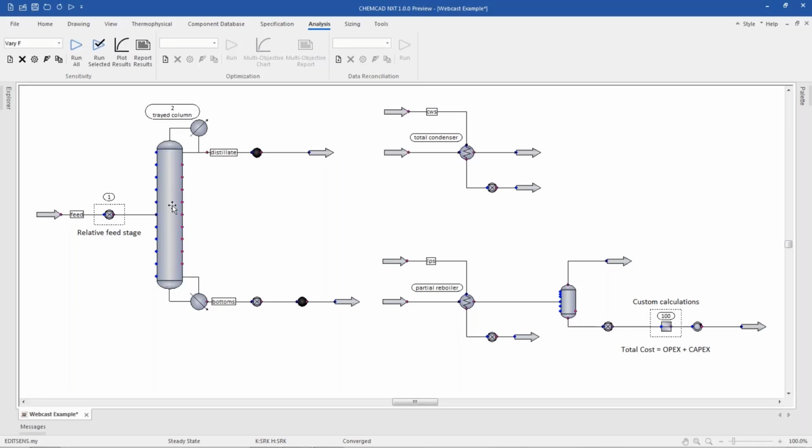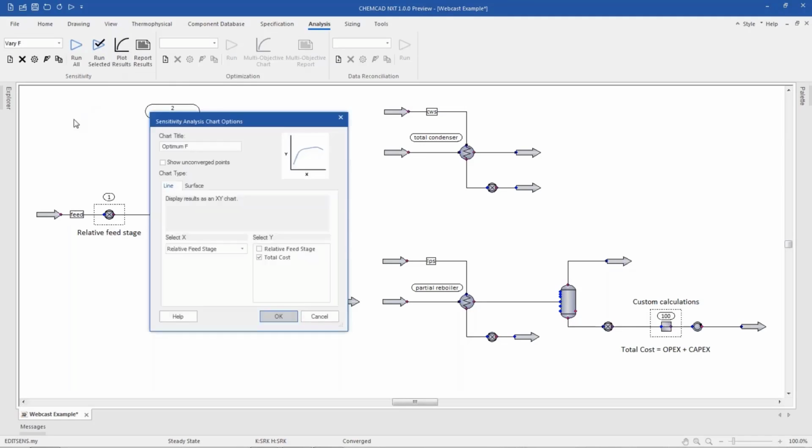Once I have specified my analysis, I can hit Run All. It goes very fast, as you can see. And then to visualize the results, I can hit Plot Results, where I can choose the variables to plot on the y-axis and the variable to plot on the x-axis. Because this is a single independent variable analysis, the best way to visualize the results is in a two-dimensional XY chart. After I've done my customization at this level, I can hit OK